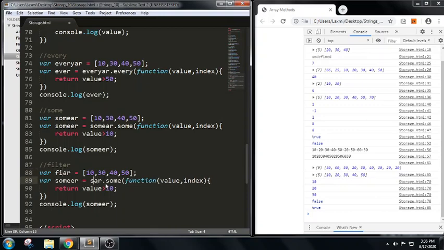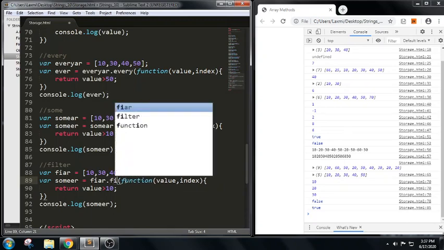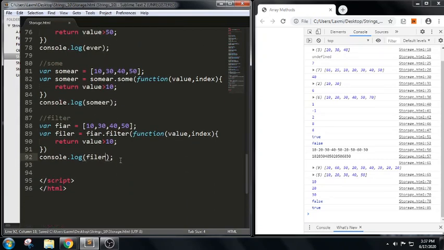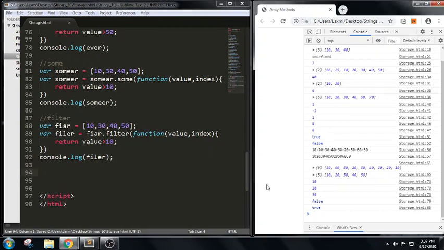I'm trying to write here, and I have used filter here. In this filter, I'm trying to check whether it is greater than 10. So if we can see here, we have written a condition like filter greater than 30. Let us see how it goes.